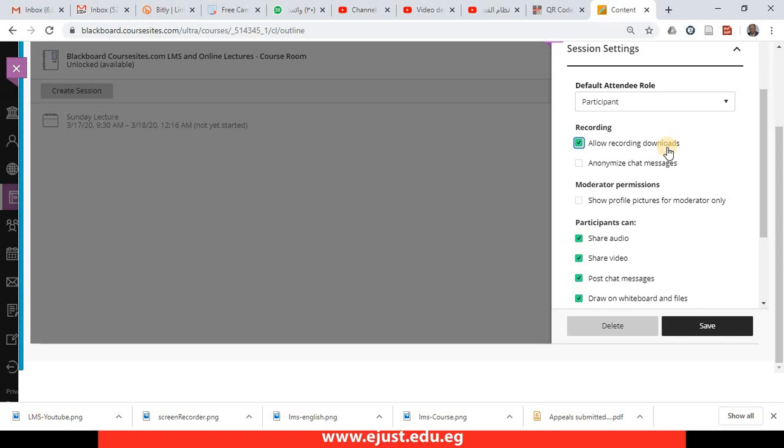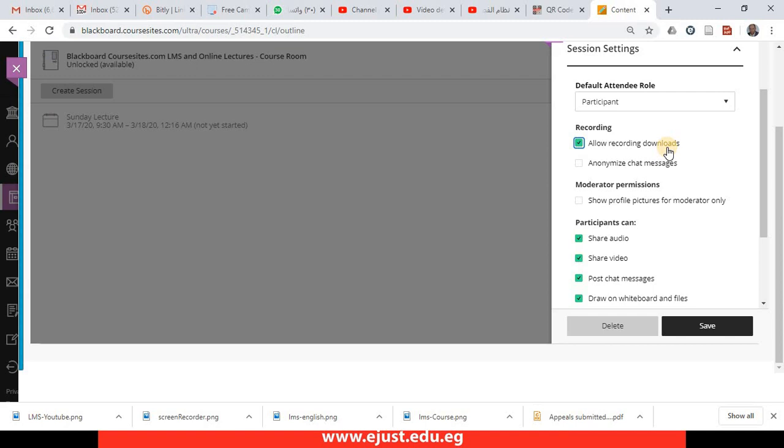The system will record the session automatically when you click on something that we are going to see right now, and you will allow the student to download the whole session and view everything that is done during this online session or lecture. This is really very important for students who couldn't attend the lecture at the time. They can attend it at night, and even attend it repeatedly to understand all the important topics